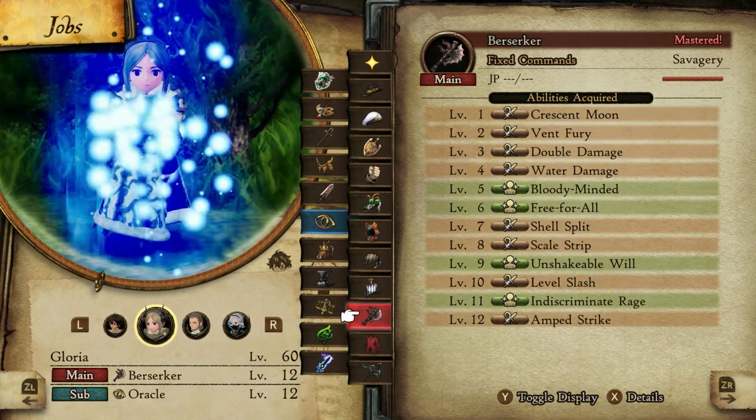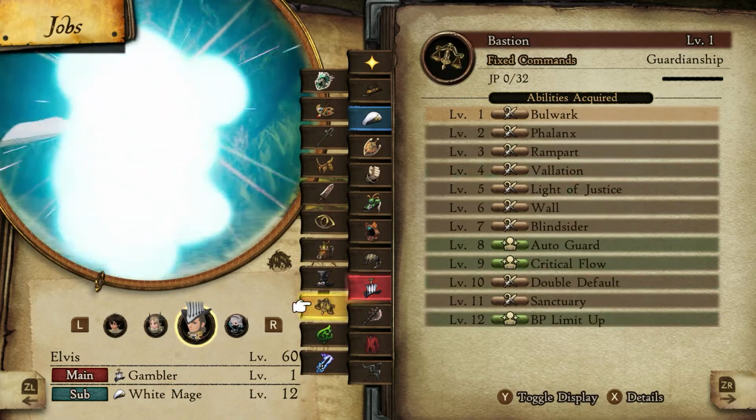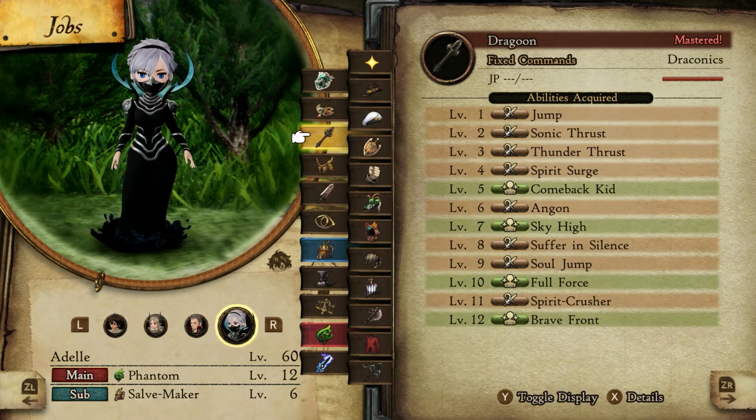Honestly, the best part of this game, in my opinion, was actually leveling up all those classes, because there were so many of them and they all have unique abilities that you can unlock. You could mix and match them and create your own builds with your party, and